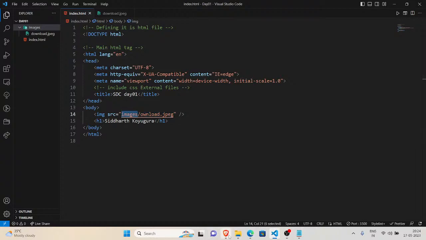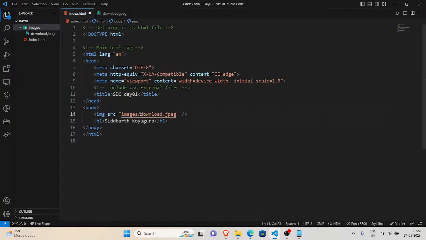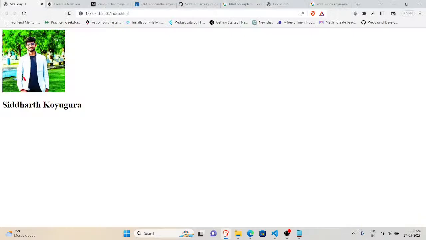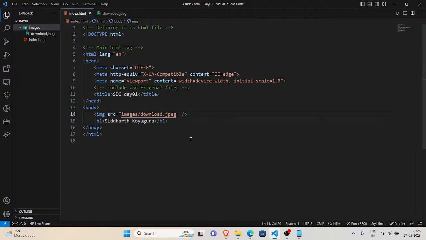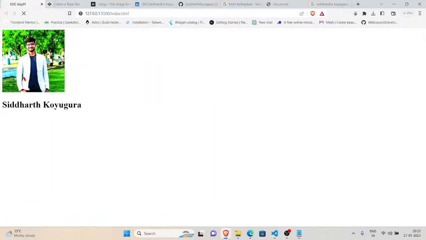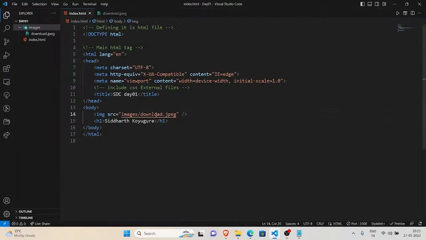So it does not render our image. If we give the spelling correctly, that's it, we have got it. Not only the file name, if we mistype the folder name also, we won't get the image. So correct spelling is a must.